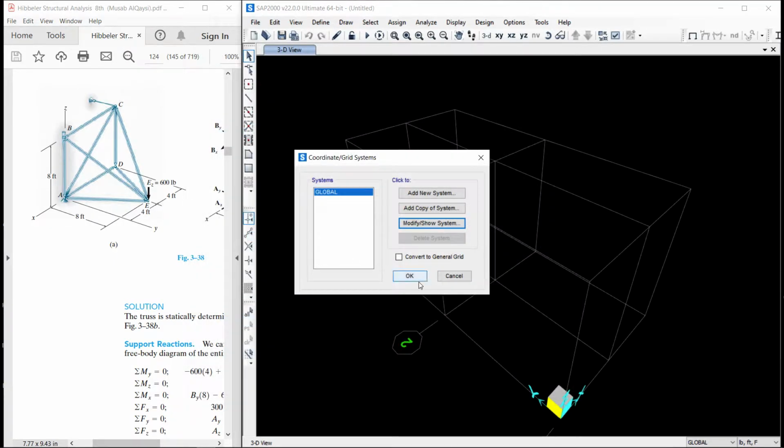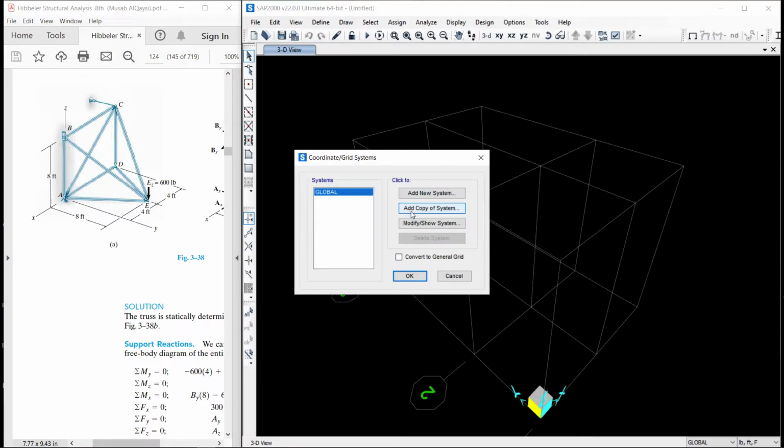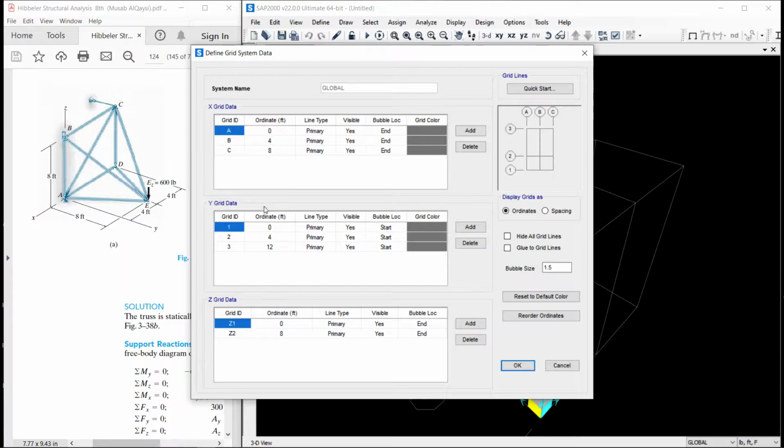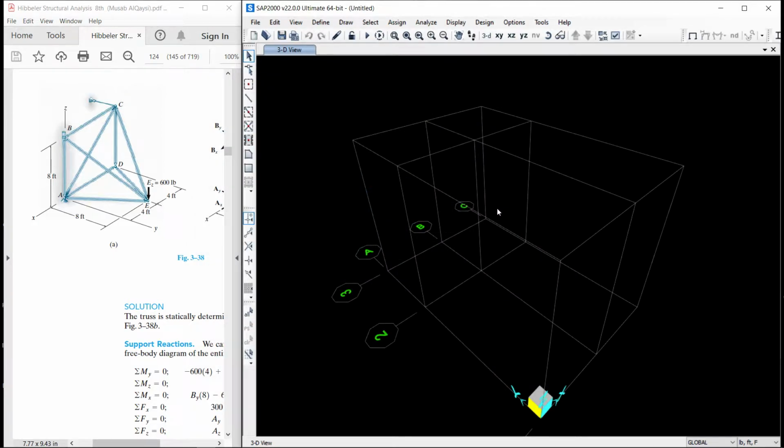Sorry, it should be other way around. 0 and it should be 8 and 12. Okay, now we will model this one.